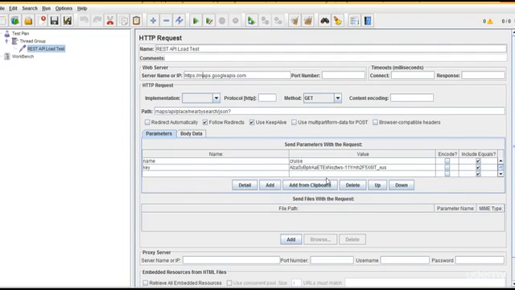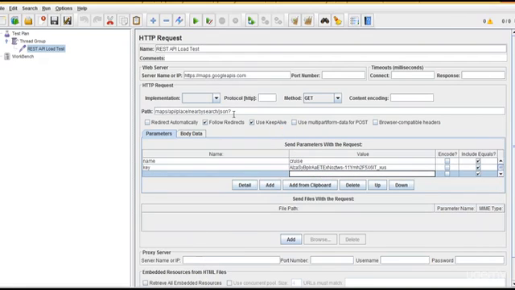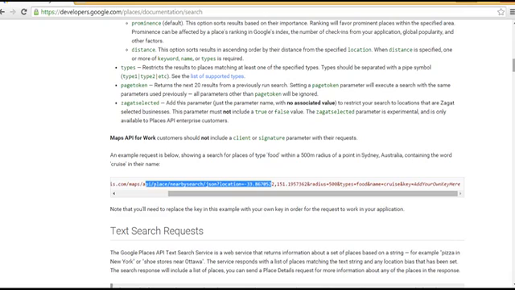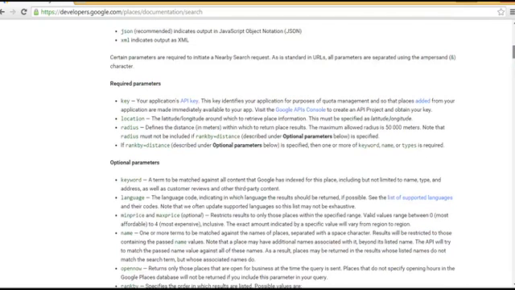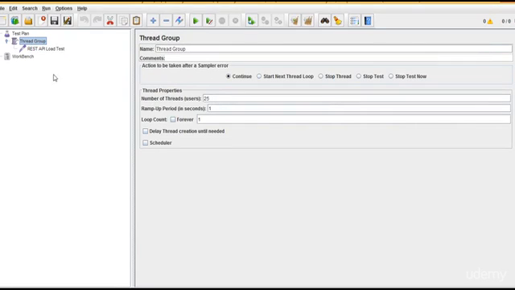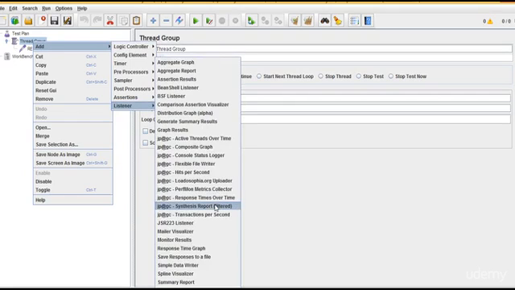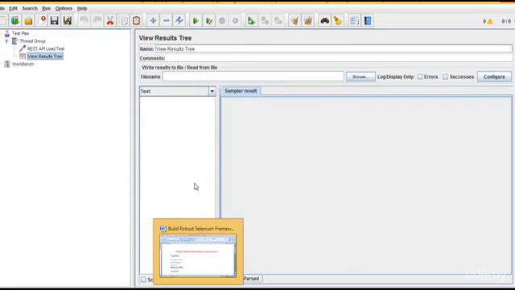Okay. But this is a headless browser and all these are handled by just a request and response mode, so you need to do it manually. Okay, we have successfully set the parameters, given a path based upon the APIs what we have here, and in the thread group we are setting up 25 users, and let me add one listener, say view results tree. Okay,